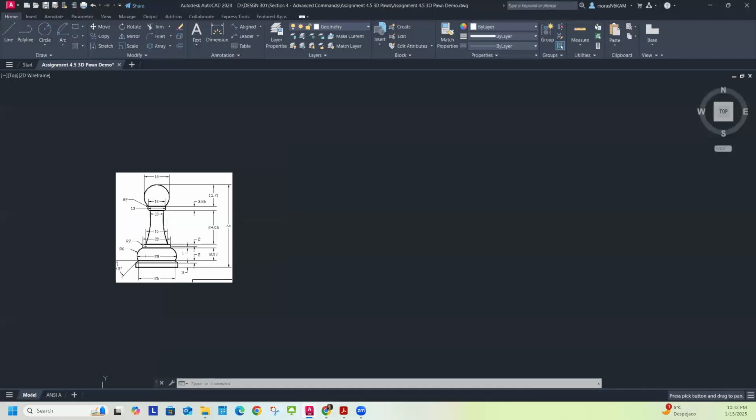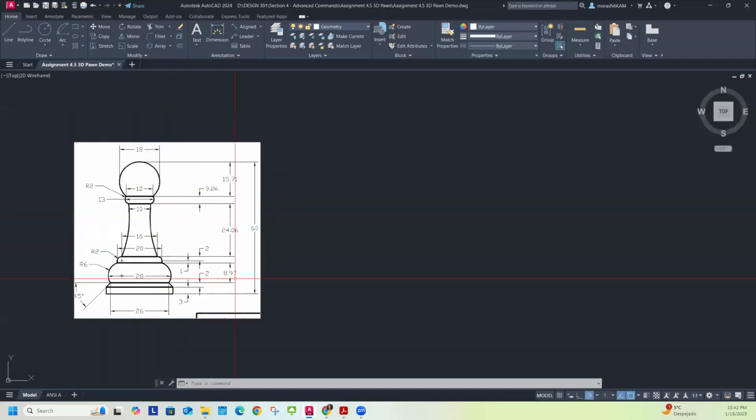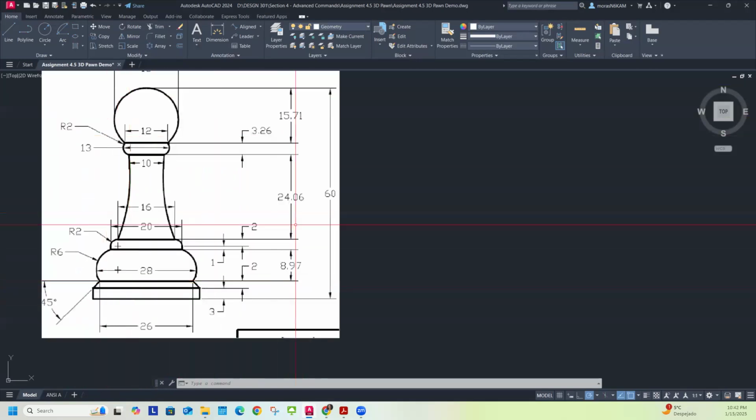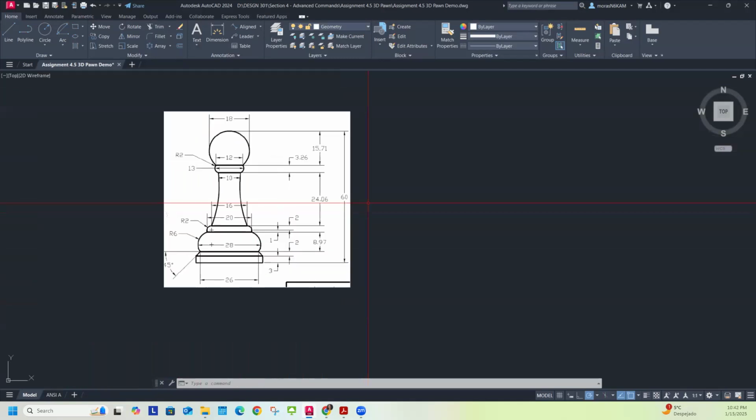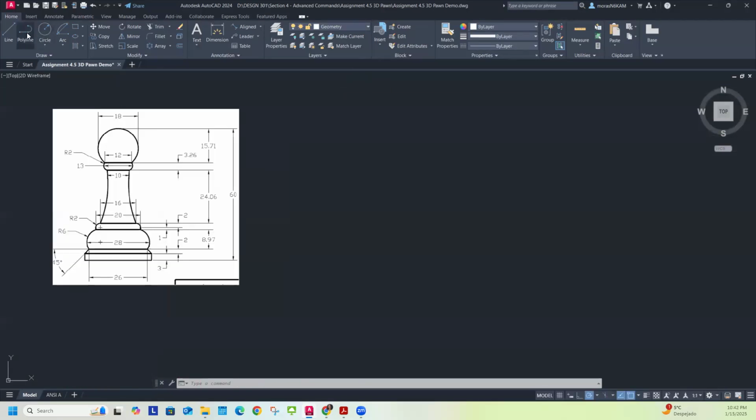So I have this line work that I need to make for the pawn. And so I'm going to draw these. I'm going to be in 2D drafting for now while I draw it to these parameters. Okay, so I'll go ahead and start with right here, the